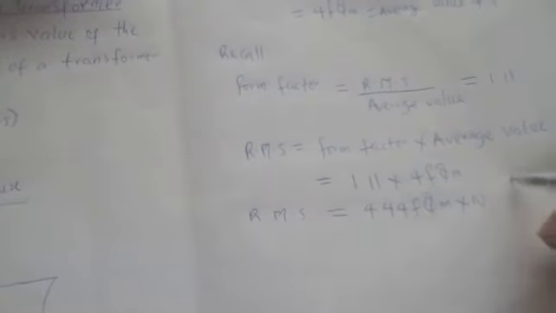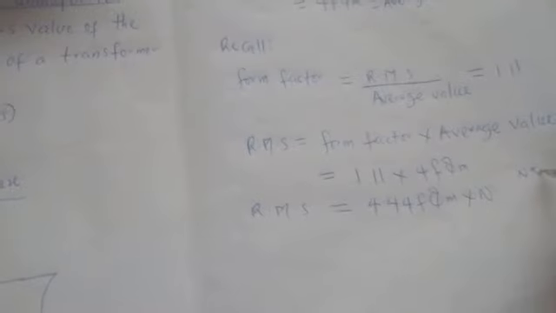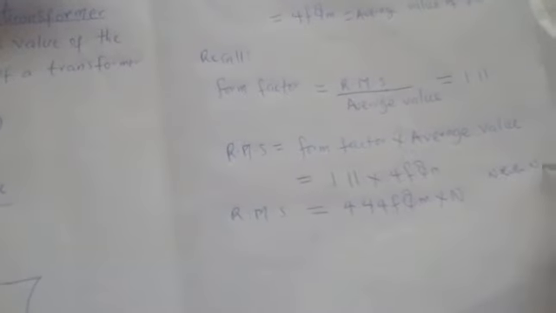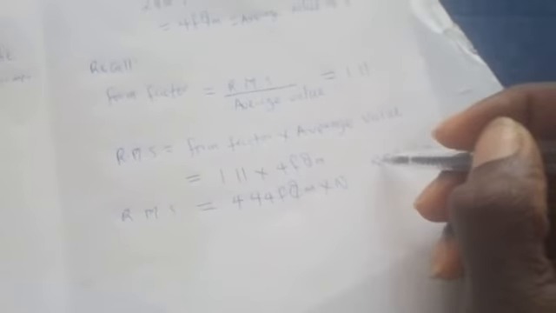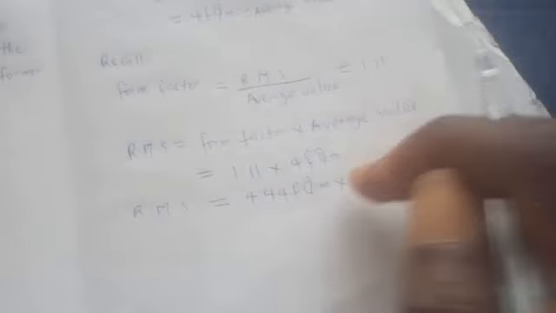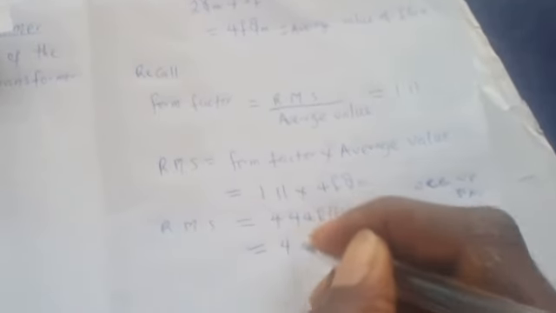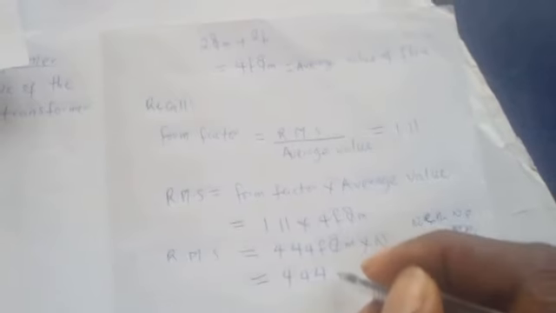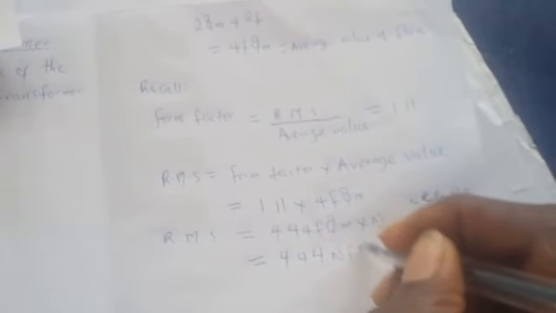The number of turns N can be either that of the primary or that of the secondary. We are not going to specify which, or let's assume they are equal to each other. So we have the root mean square value now to be 4.44 N F